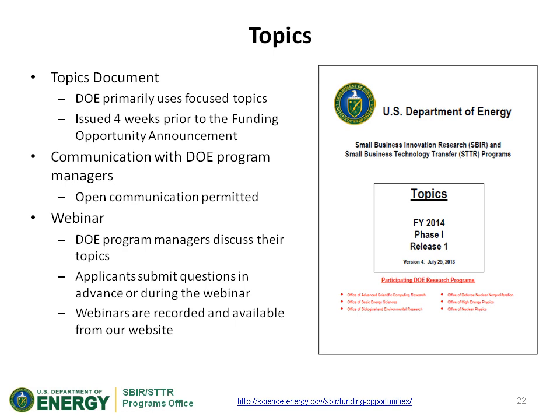Okay, so that was the overview of the process, and I'm going to break it down into the individual steps and talk about each step in a little more detail. As I mentioned on the process timeline, topics are the first thing that we would issue. We did receive some questions about the nature of our topics. DOE typically uses what I would call very focused topics. Some agencies, such as NSF, may have what are termed very broad topics or investigator-initiated applications.